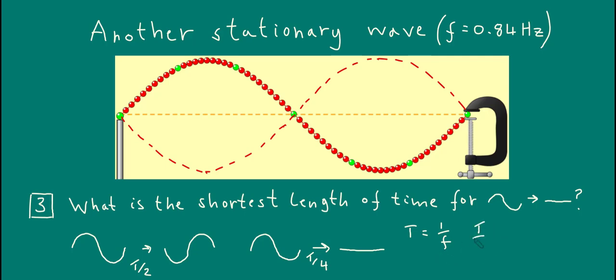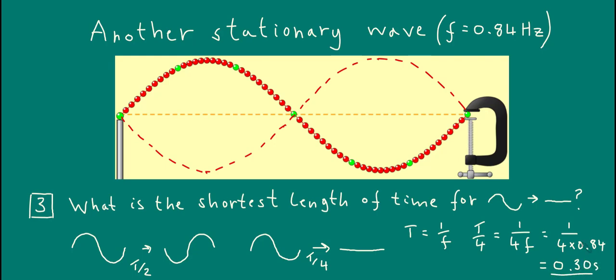So T over 4 is just equal to 1 over 4f. And if I replace f now with 0.84, it's 1 over 4 times 0.84. If you plug that into your calculator and work it out, you will get 0.30 seconds